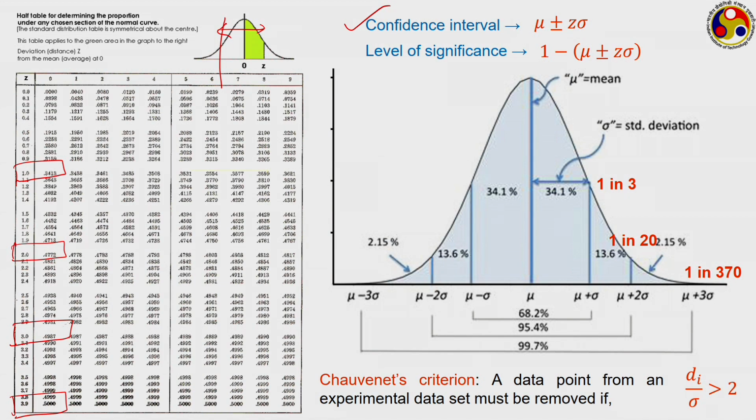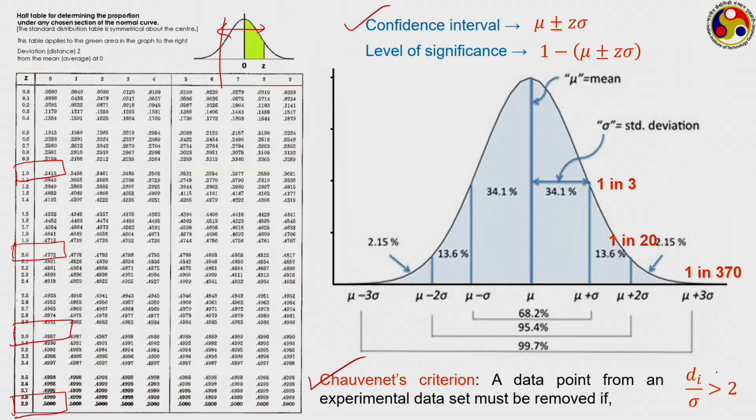One particular criterion was specified by Chauvenet. It is a very strict criterion. His idea was, if any data point is showing a deviation more than 2 sigma, then that has to be some kind of blunder or some kind of random point that is coming in, so that should be discarded during the final processing. So any data point which is showing this particular thing, that is d_i upon sigma greater than 2, or I should say the absolute value of d_i, that is mod d_i upon sigma greater than 2, then